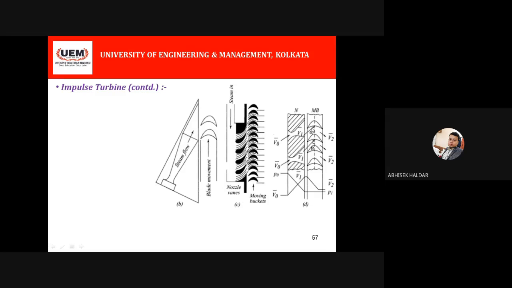So basically it hits at an angle. This alpha is known as the nozzle angle. The velocity v1 hits this moving blade at a particular angle, and it gets out with a lower velocity v2, because the kinetic energy has been transferred to the moving blade, which is connected to the shaft. So this angle alpha is your nozzle angle, and v2 is the velocity at the outlet from the moving blade. And the same thing has been shown.